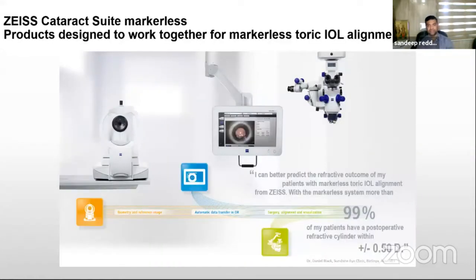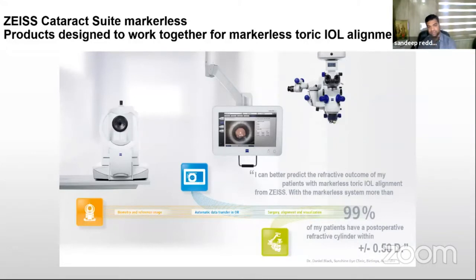In my practice, when I started my phacosurgery, I was always very apprehensive about correcting astigmatism. About 50% of our patients have some kind of astigmatism before undergoing cataract surgery, which I think is becoming mandatory for most of us to correct. But there is always an apprehension whether, with a manual toric surgery, we can give the patient the ideal results or not.